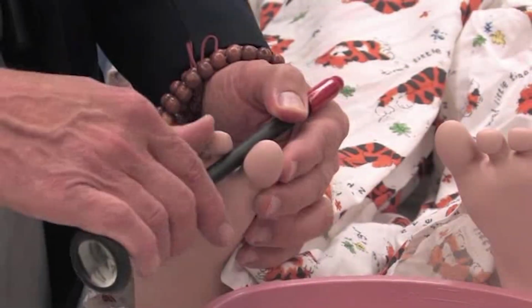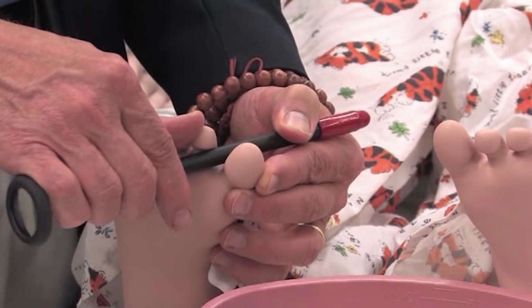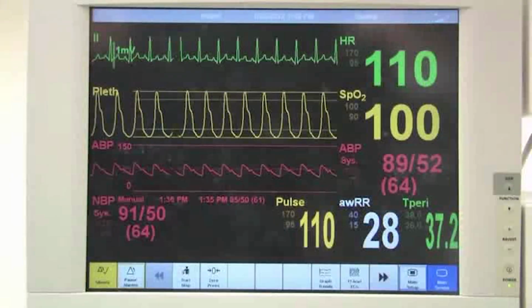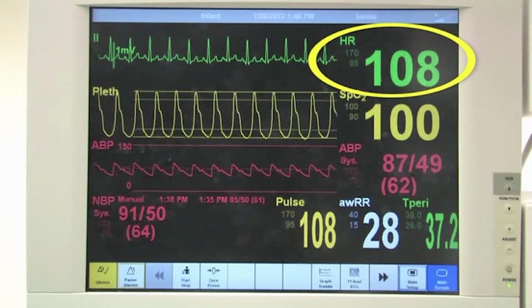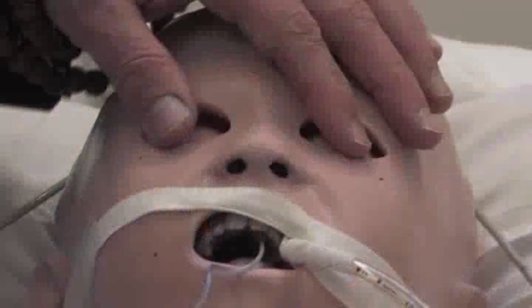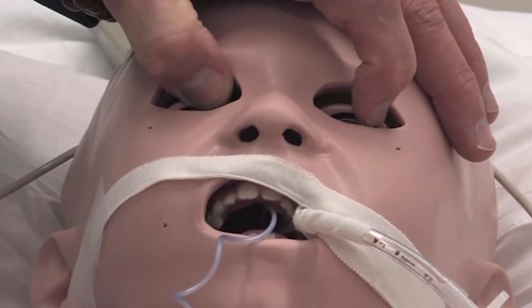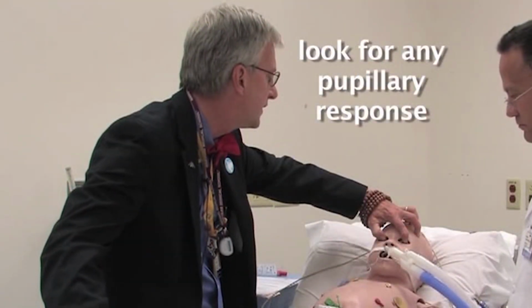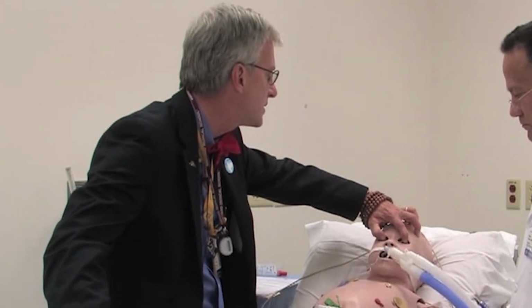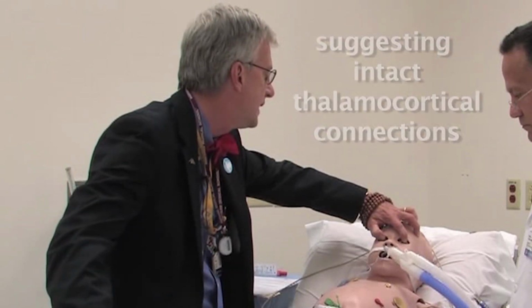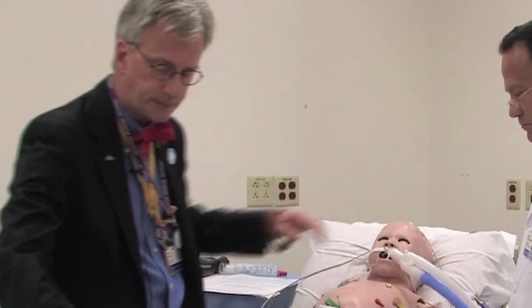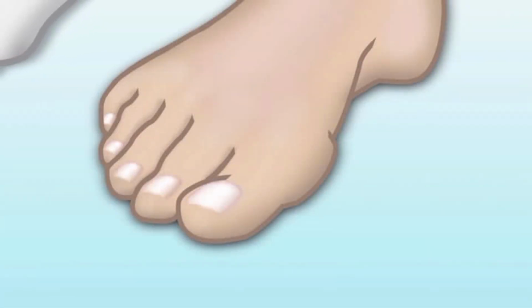You can put your reflex hammer in between the toes, holding onto them and twisting like this. We then look to see if there's any autonomic response, and we see that while I'm doing this, his heart rate is completely invariant and making no change at all. Finally, we'd lift back his eyelids. And we'd look to see if there's any pupillary response to this at all. Again, an autonomic nervous system change that might suggest intactness of certain parts of the thalamocortical connections, and in this instance, there's none.